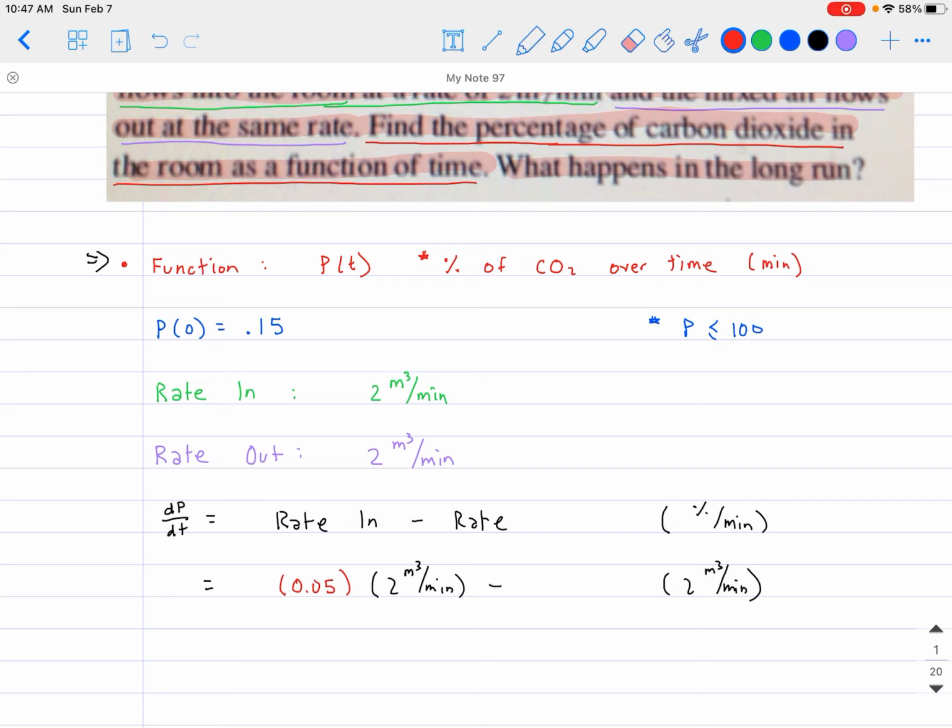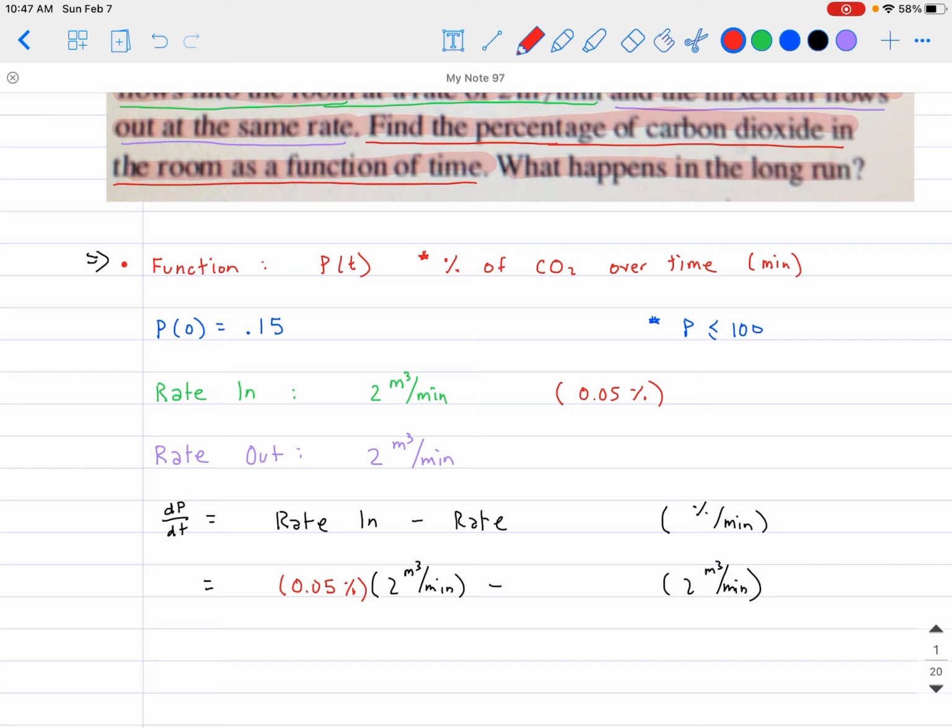And that right there is going to be in terms of percentage. So let me go ahead and write that in there. So technically right here, that was part of the rate in. I just didn't write that down, and that was my fault. Okay, so now if you look at the two right here multiplied together, it still doesn't quite make sense